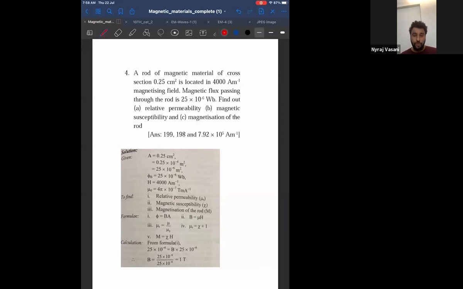Again, read my notes only. And secondly, if I don't complete the portion today, then I will announce that next week, you will have 2 classes of mine. Everyone listen to me clearly. Next week, you will have 2 classes of mine. In that, both classes will be CET classes. If I don't complete the portion today, next week, the first class, the first 1 hour will be boards. After that will be CET. So we are going to get around 4.5 hours of CET.